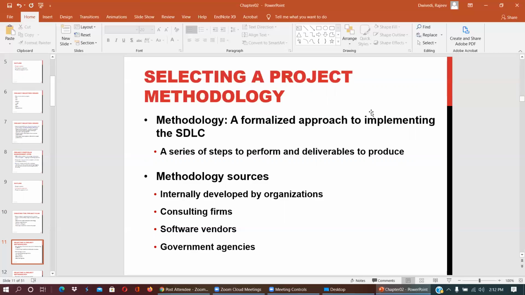So basically, a methodology is an approach of implementing the system development life cycle, a series of steps to perform and deliverables to produce. The sources: internally developed by the organization, everyone has their own methodology on the organization level. Some consulting firms have their own, like McKinsey, they have their own model. Software vendors, Gartner, or